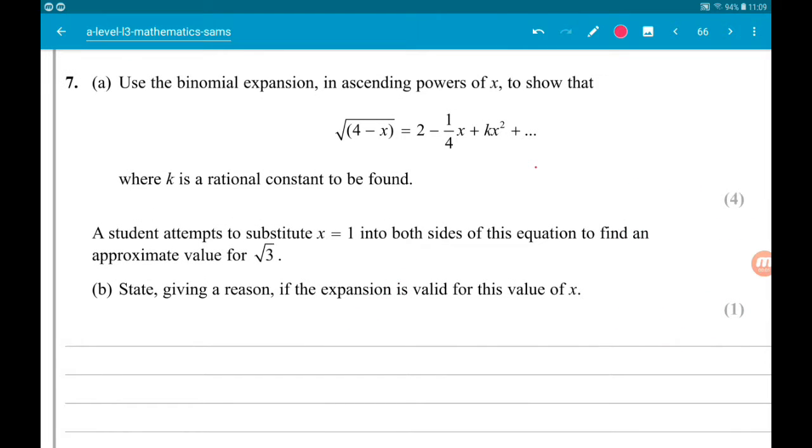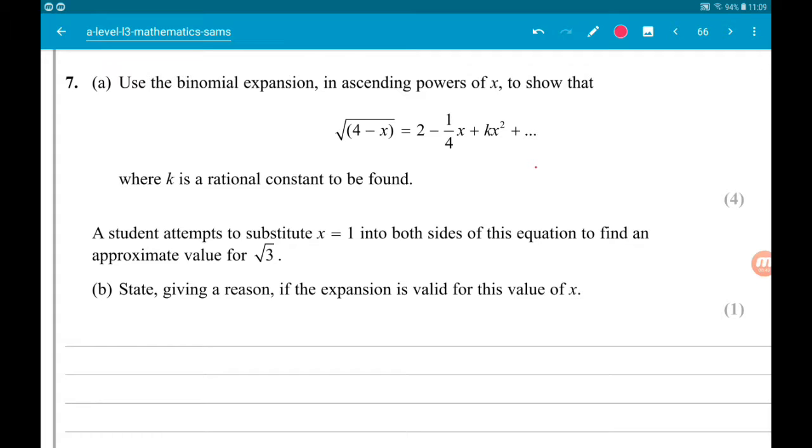Okay, number 7, it wants us to use the binomial expansion in ascending powers of x to show that the square root of 4 minus x is equal to 2 minus quarter x add kx squared add blah blah blah, where k is a rational constant to be found. So essentially find the first 3 terms in this binomial expansion. Okay, so,